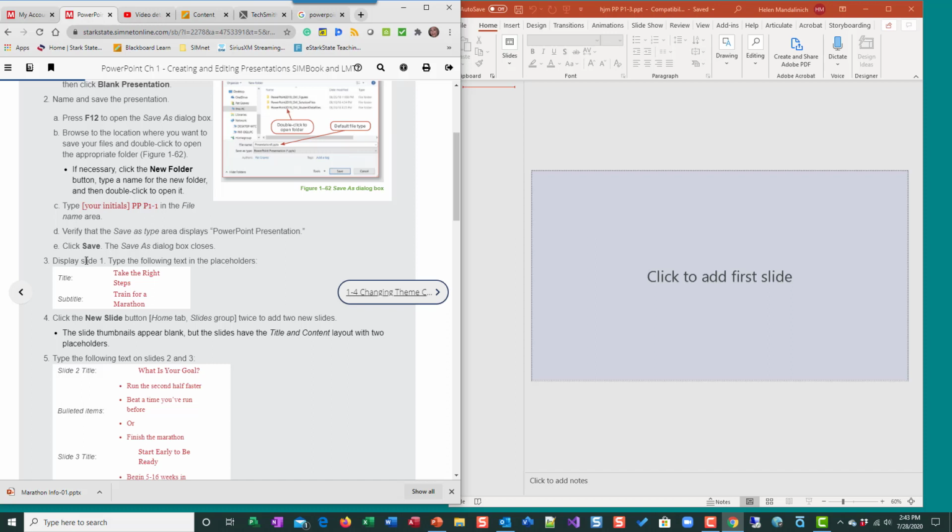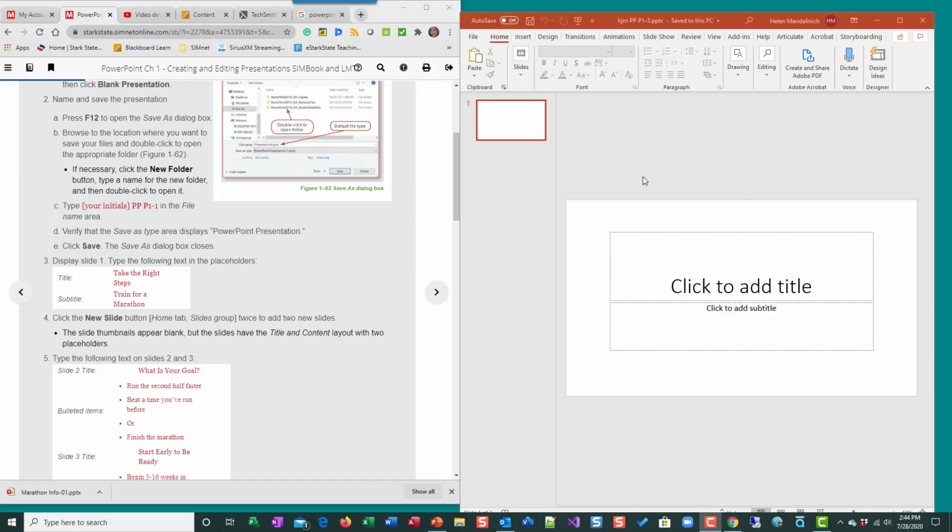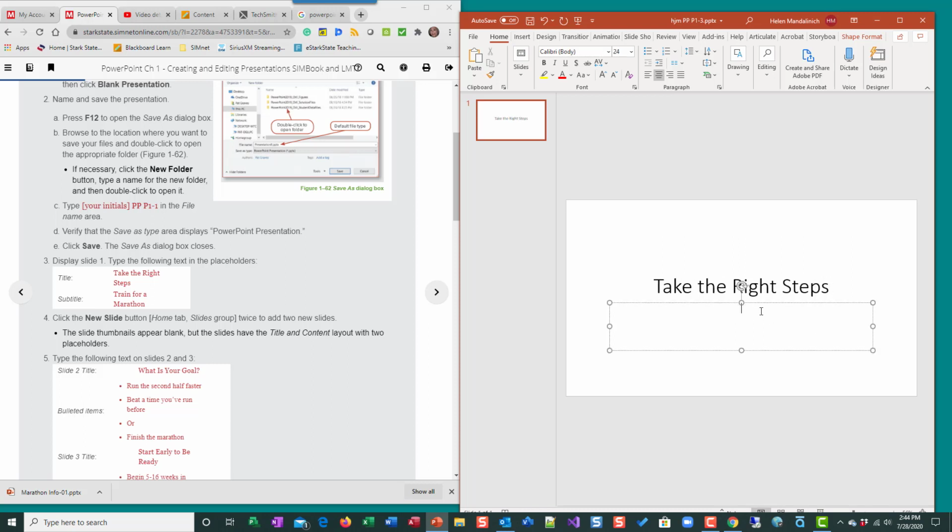PowerPoint presentation, and what we want to do is, so I have my blank slide number 1, and I'm going to start typing the information. So type the following text into the placeholders. So the title, where it says click to add title, I'm going to type Take the Right Steps. I'm going to click on the subtitle, Train for a Marathon. Okay, so there's my